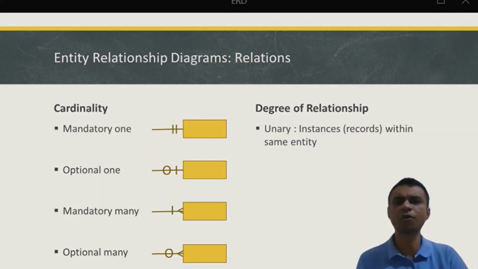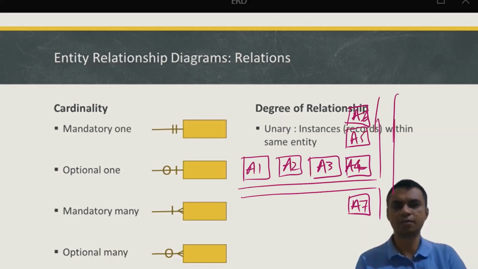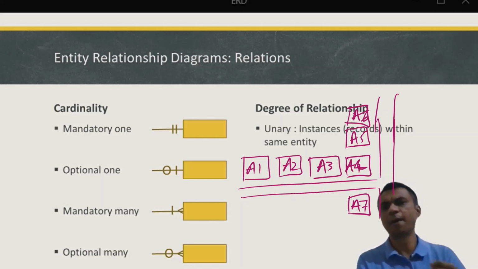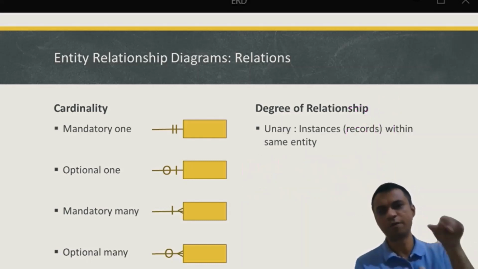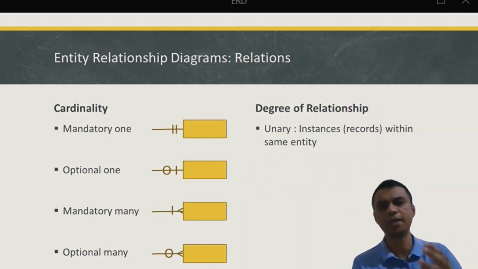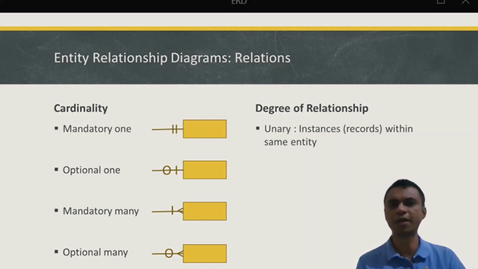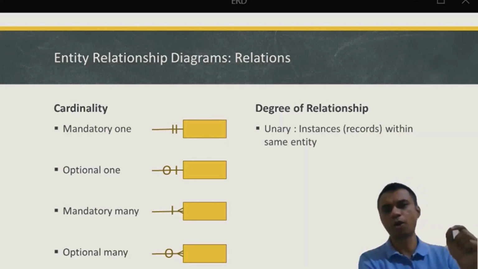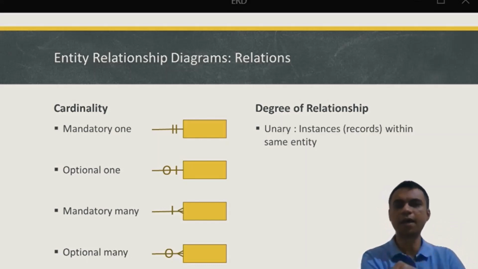Then another example I can think of is every address would be a neighbor of another address. There would be a nearest neighbor, which could be 1:1 or 1:many. But I think it's a mandatory 1:many relationship, that every house would have many neighbors on different sides. So that's a mandatory many relationship, and it's a unary relationship because both are addresses within the same entity. That's maybe households or addresses, whatever you call it. But there are different records, that means different addresses, and they are related in this way.